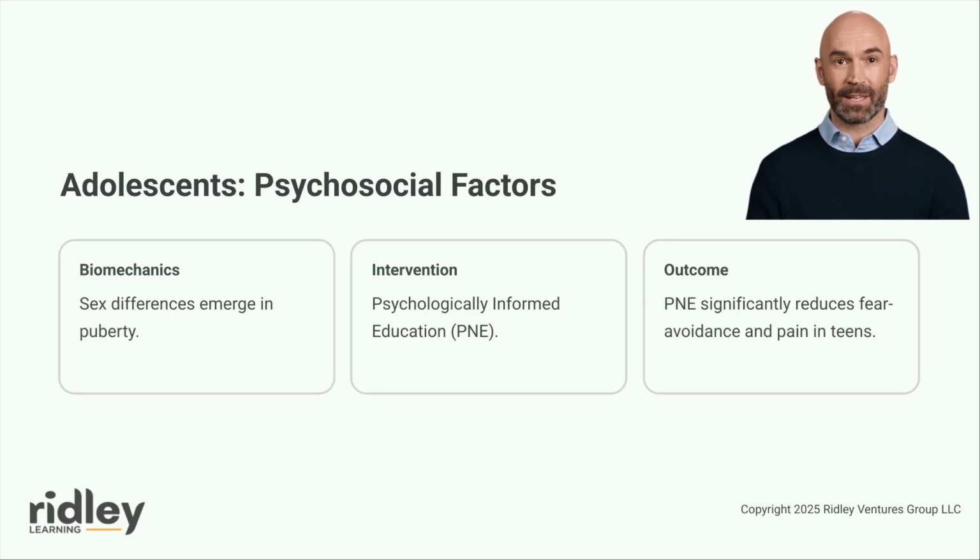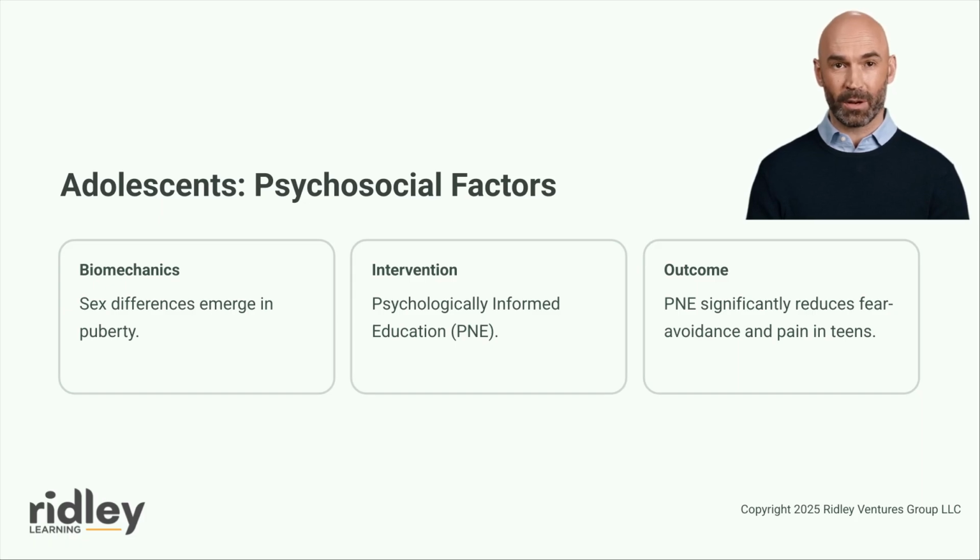Gaudet and colleagues examined sex differences in lower extremity kinetics and muscle activity during single-leg landings in adolescents. Their investigation revealed that adolescent females demonstrated distinct biomechanical patterns compared to males, including differences in knee and hip kinematics that may contribute to their elevated patellofemoral pain risk. These findings suggest that sex-specific considerations are relevant even in younger populations and may inform early intervention strategies aimed at